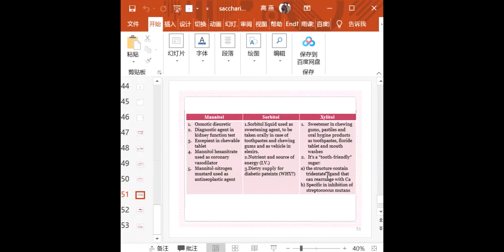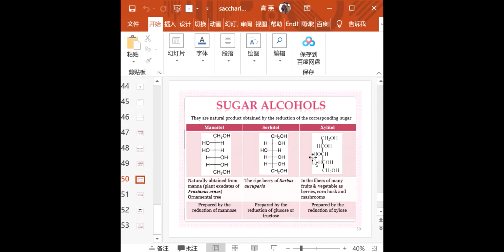It will not change your blood sugar digits. So that's sorbitol. And the last one, xylitol, naturally present in fibers of many fruits and vegetables, such as berries, corn husk, and